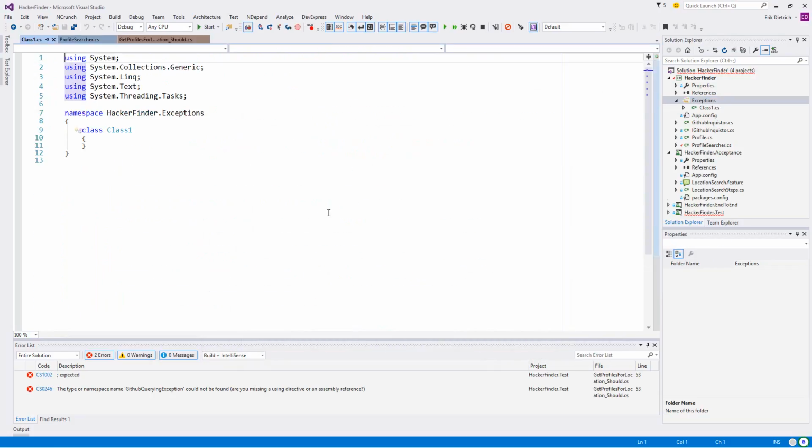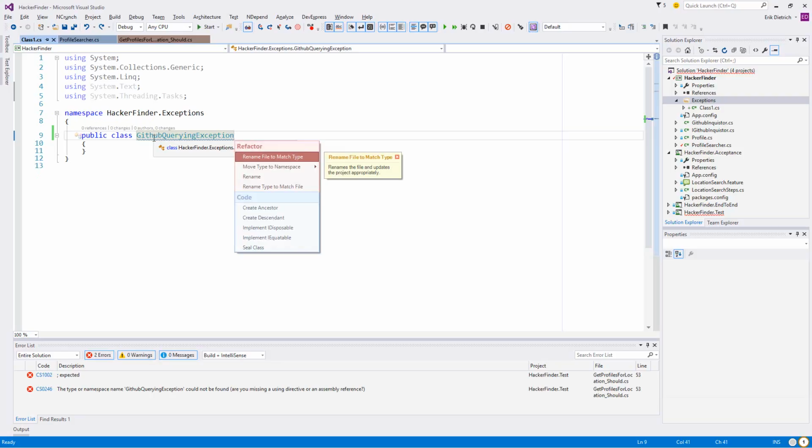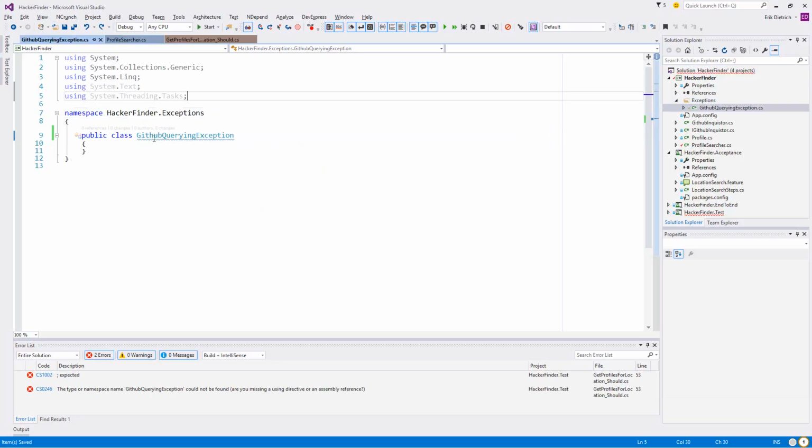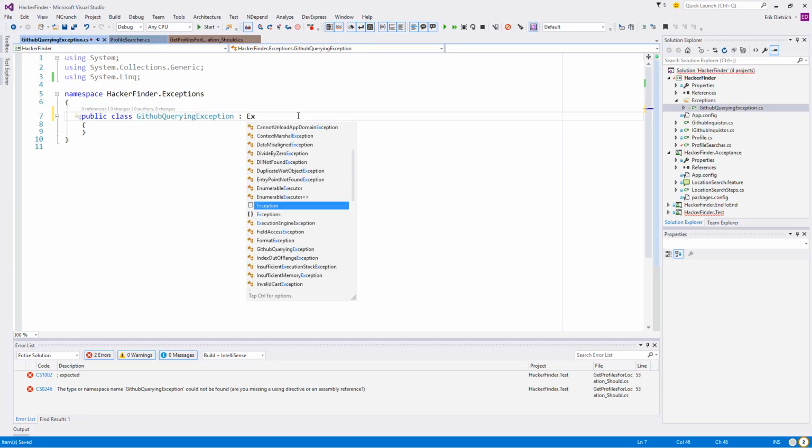So I'll rename it, I'll make it public, rename the file to match it. A lot of action here. Okay, and we'll have it inherit from exception.